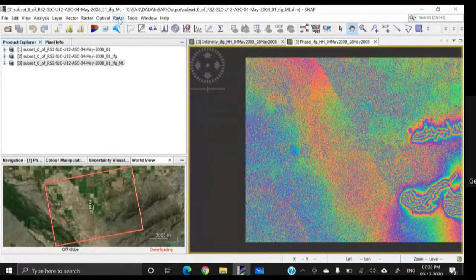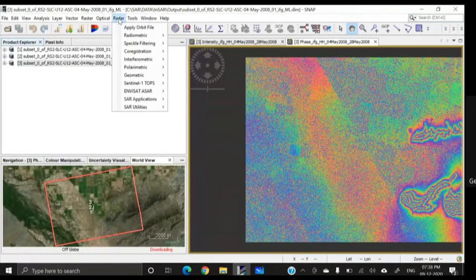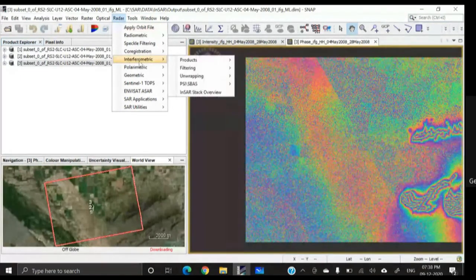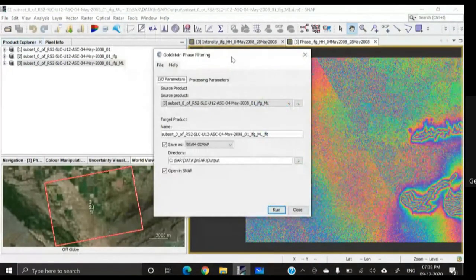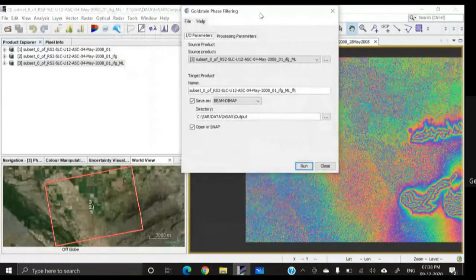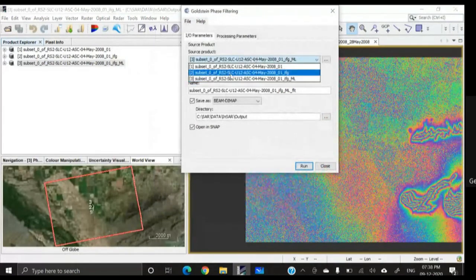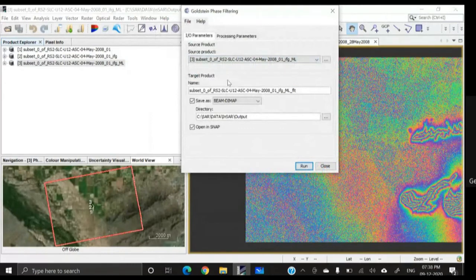Go to radar, then interferometric, filtering, and select this one, Goldstein phase filtering. So in Goldstein phase filtering, what will be the input image? Input image is the last one, the multi-loop processed image, and the target one.